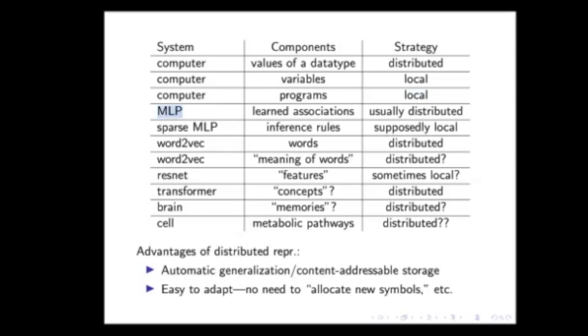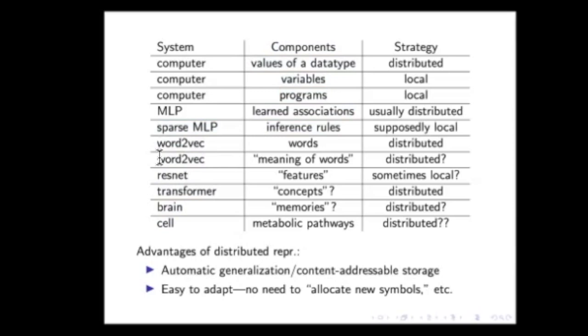This example I gave of MLPs, the components to represent are learned associations. And I would say that if you're using a coarse code, you should have distributed representations, right? So different memories are represented in superposition over the same weights. Not everybody in machine learning thinks that neural networks are supposed to be distributed, though. You'll see people thinking about very sparse MLPs. And for them, I feel like the picture in their head is that inference rules are supposed to be local. I'm supposed to be able to point at that neuron and say, that's the neuron that kicks in when I'm in this mode or that mode of the data.